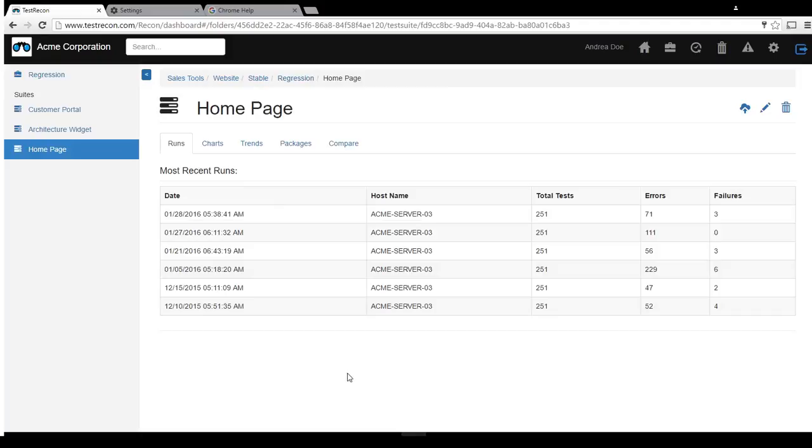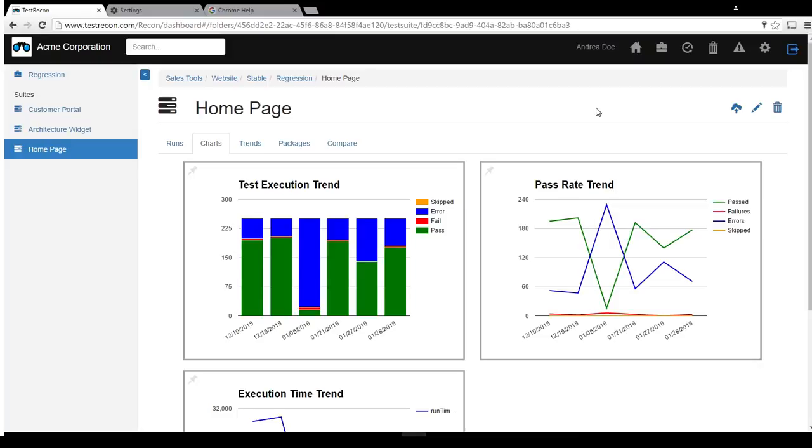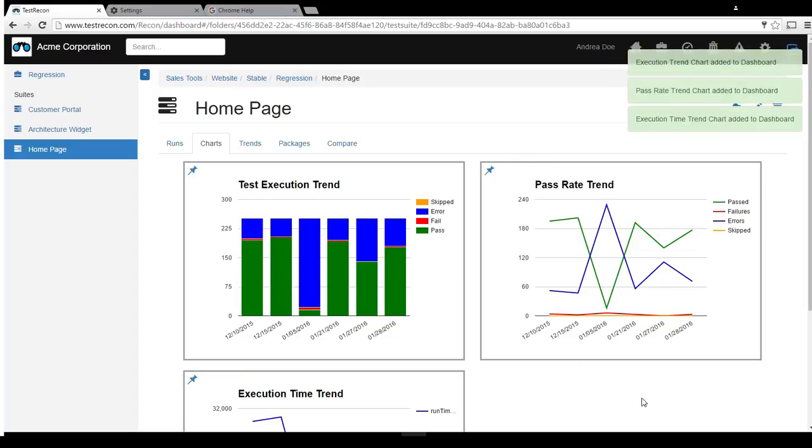You can also add certain trends, or basically trends, to your dashboard. You can do the same thing by just clicking on the pin button. You can pin the execution trend for the home page test suite, for example, the pass rate trend, and the execution time. You can easily remove them from the dashboard by just unchecking from here,